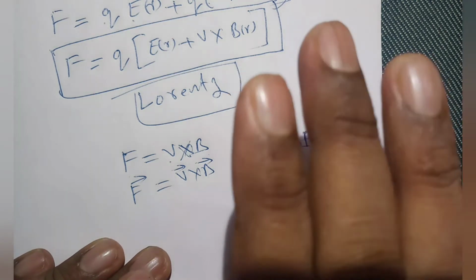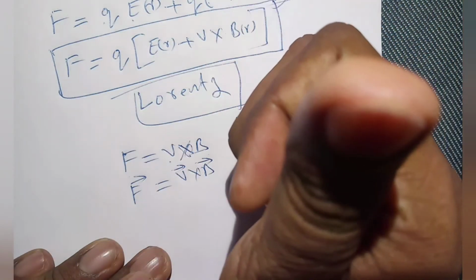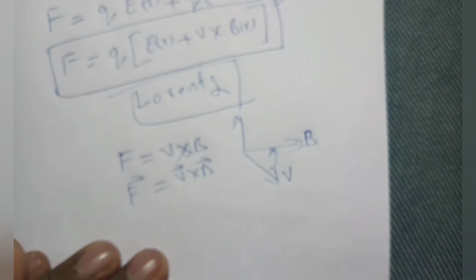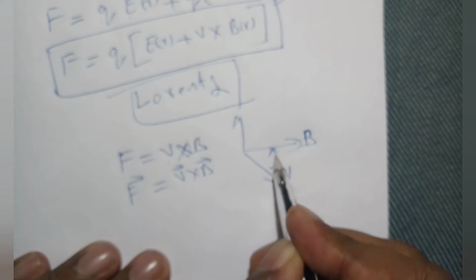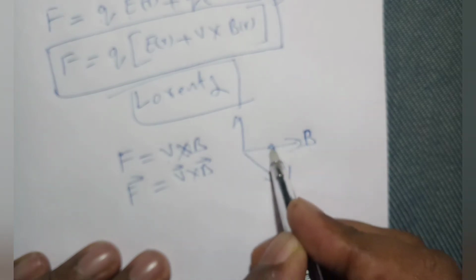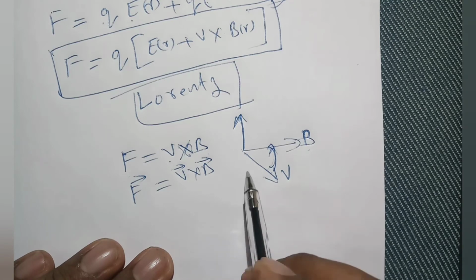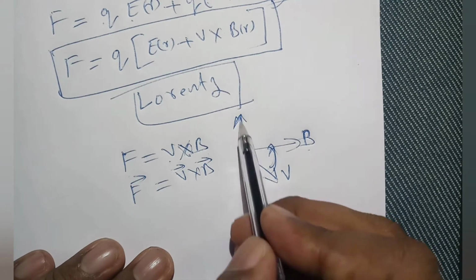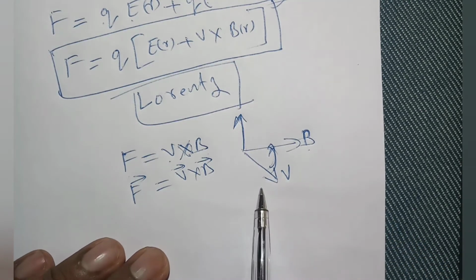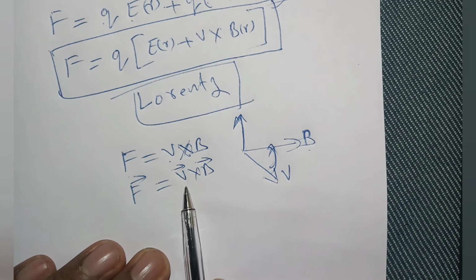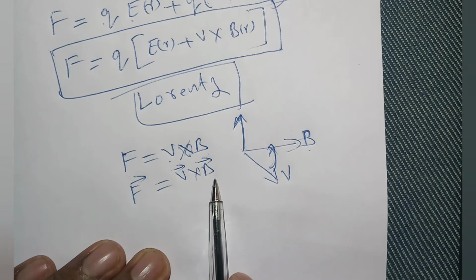So how to use this right hand rule? From V to B, you have to hold your hand like this. We have to hold your fingers from V to B. So the right hand, and this thumb will show the direction of the force. So main point is here the force depends on velocity V and magnetic field B,